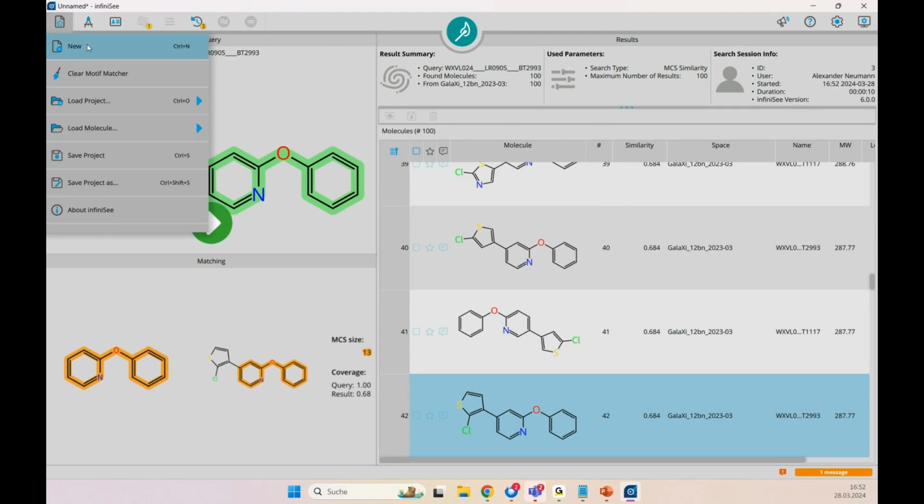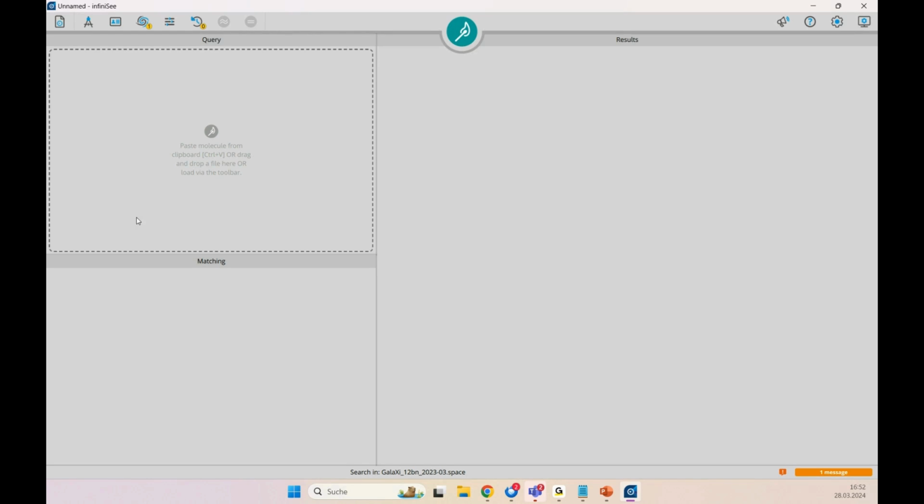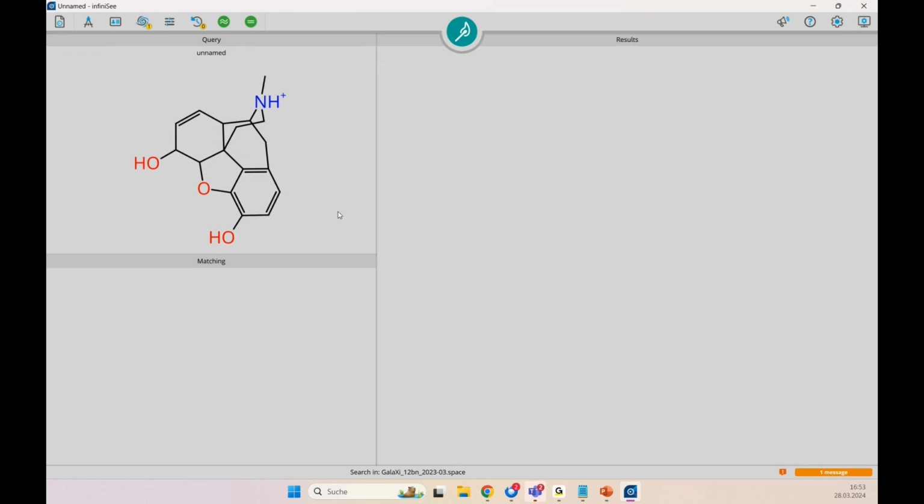What I would like to mention is actually the limits of particular things. So don't expect too much from natural-like compounds. This is very important for me personally to address. The chemical spaces that we are using right now are agnostic of stereochemistry, and therefore they use building blocks and very robust chemical reactions. Robust chemical reaction is not made from natural compounds. So if you would run something like morphine,